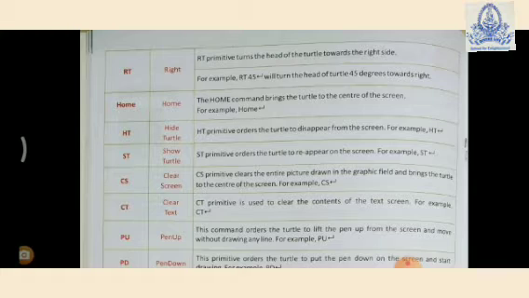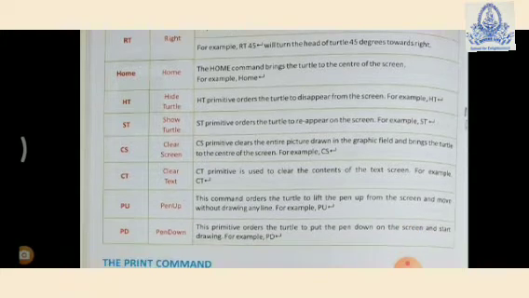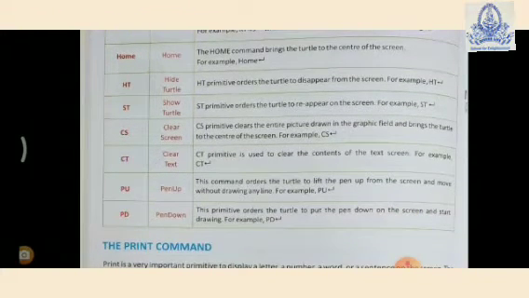Then HT, nothing but hide turtle. The triangle shape you are seeing now will be hidden, invisible. Show turtle, ST: the ST primitive orders the turtle to reappear on the screen. If you use it, the turtle will reappear on the screen. CS, that is clear screen.